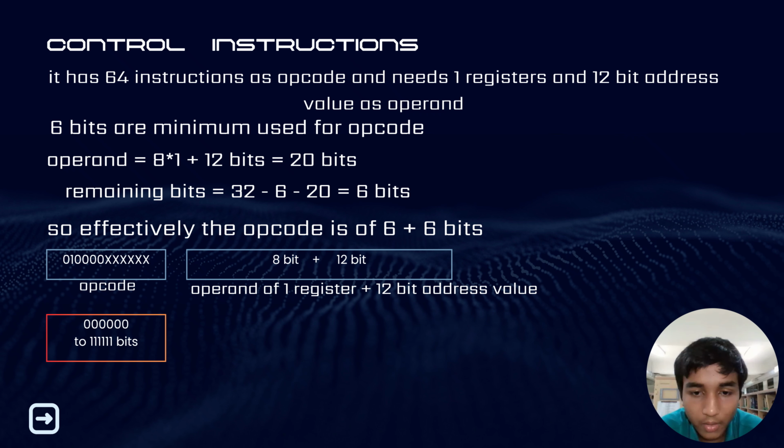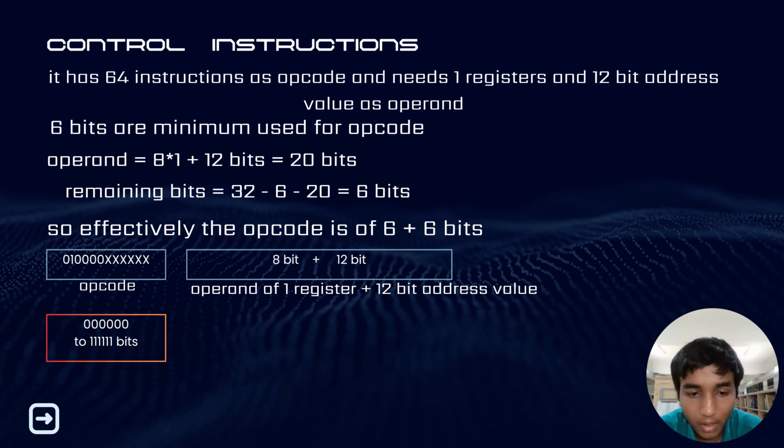And the operand is 8 into 1 plus 12 bits, which is 20 bits, where 1 is for the register and 8 is for the 8 bits to express each register, and 12 is for the 12-bit address value. So the remaining bits are 32 minus 6 minus 20, which is 6 bits. So effectively the opcode is the minimum bits to express it plus the remaining bits, which is 6 plus 6, which is 12 bits. So now the 12 bits of opcode are written as